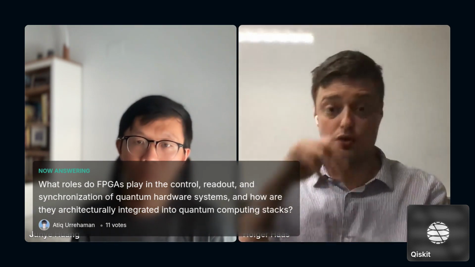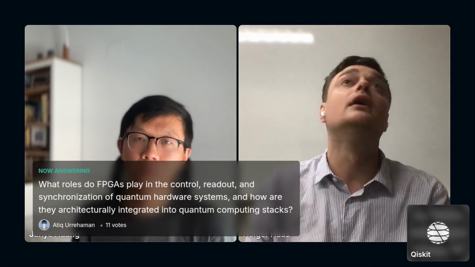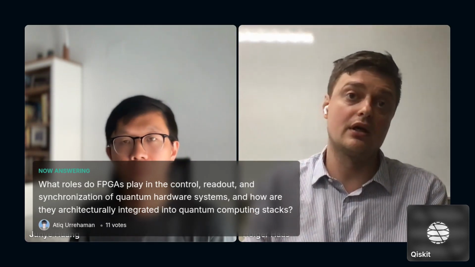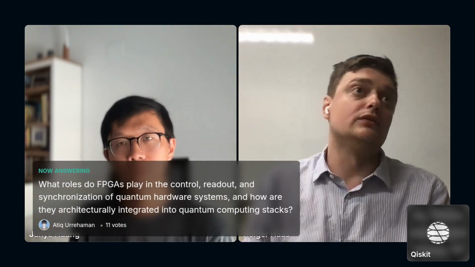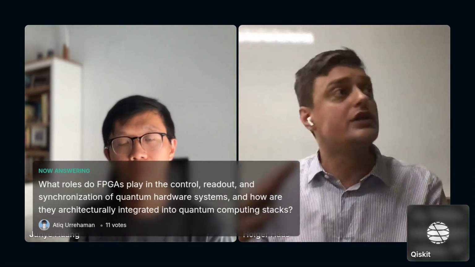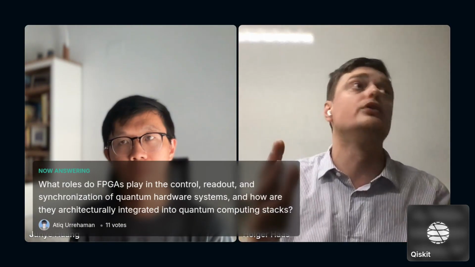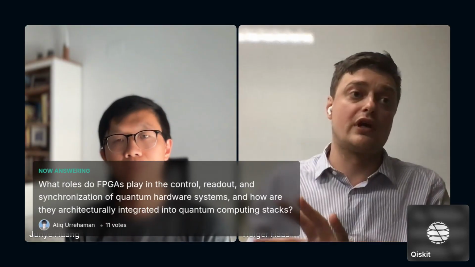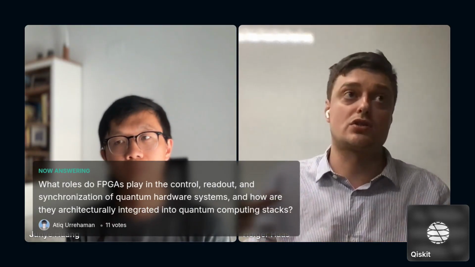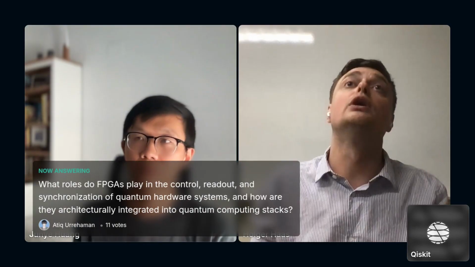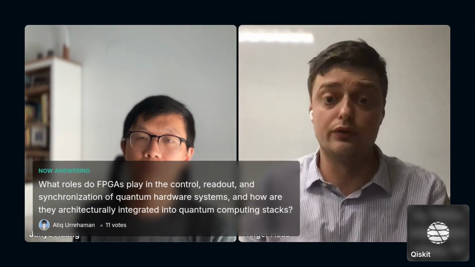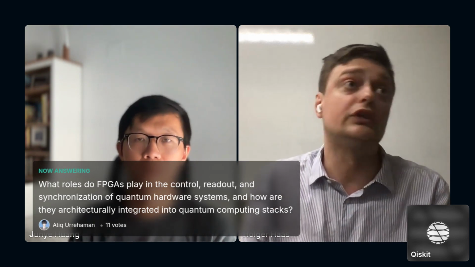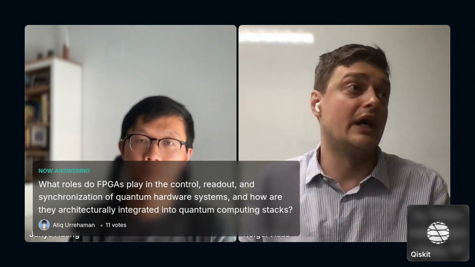The next thing is of course purpose tailored ASIC chips. And now it depends. I alluded to it earlier too. It depends on the type of architecture you have. If your gates and measurements are slow, then you can afford to do things on CPUs, GPUs too. They don't necessarily have to use FPGAs, but